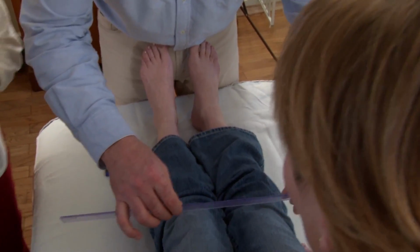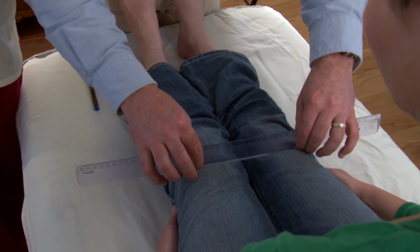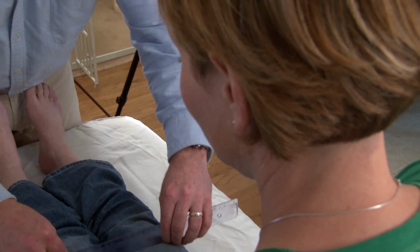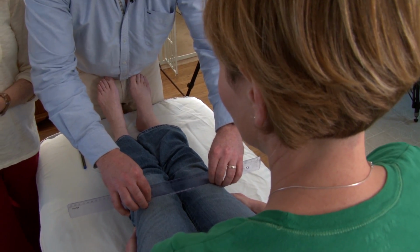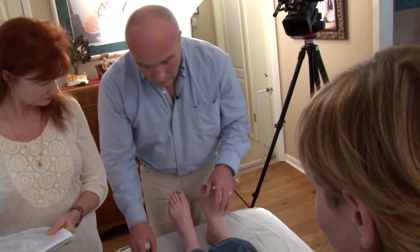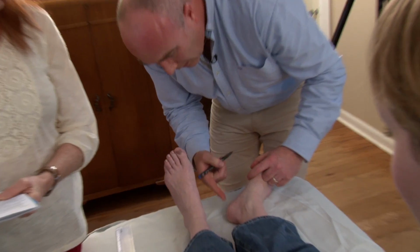I take a ruler and I get behind the knees. Do you feel the ruler behind each of your knees? And you see that here we also have a difference in leg length. So what I'm going to do now is put marks on her feet,